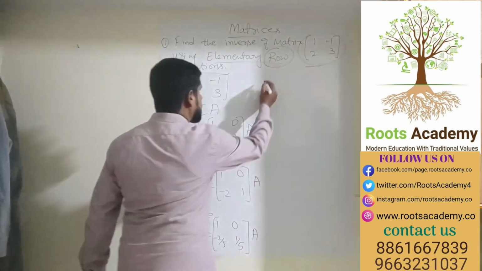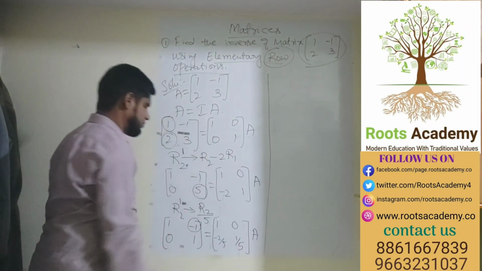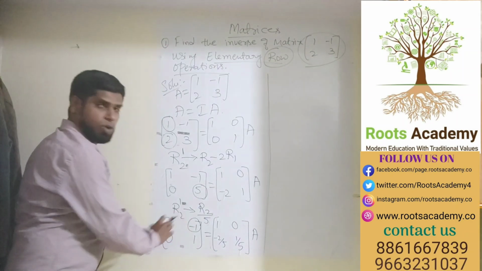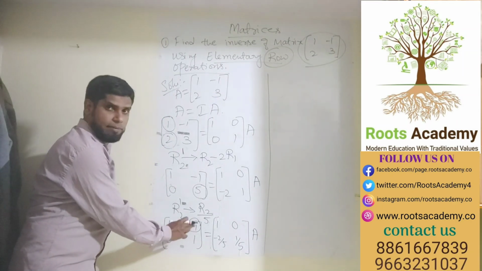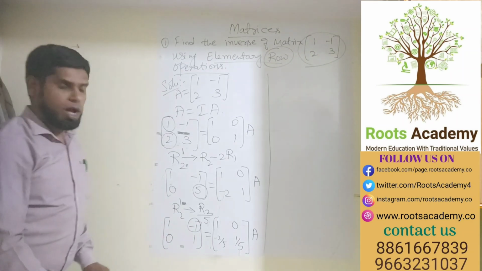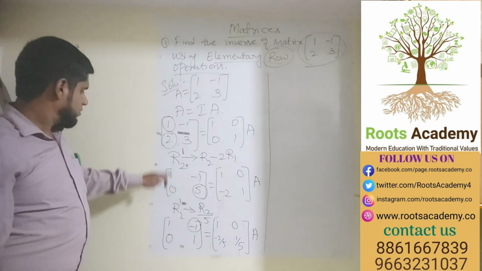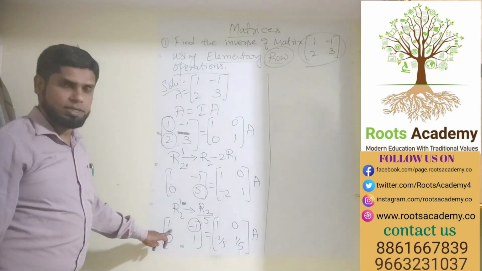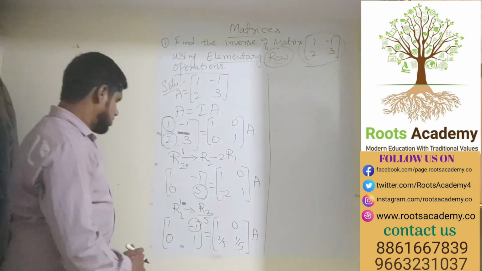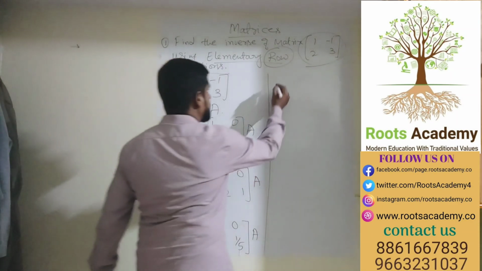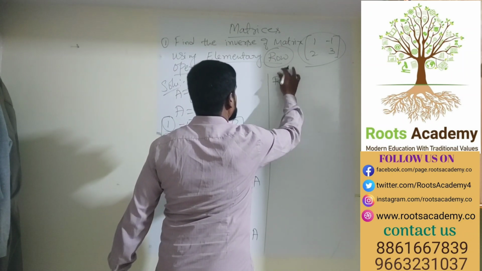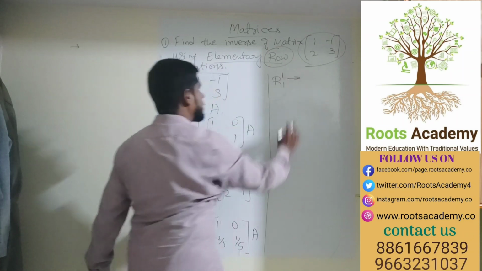So the best method is, this is in R1, this is in first row. But if I'm changing this element as 0, this element should not change at any cost. Otherwise, my complete these 3 steps will be waste. So at any cost, this one should not change. So what is the best method? So the best transformation is R1 dash changes to